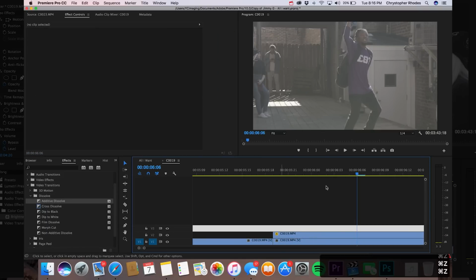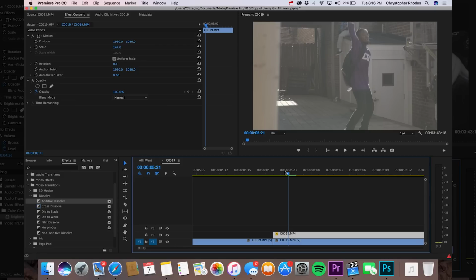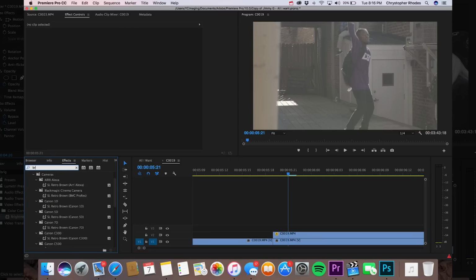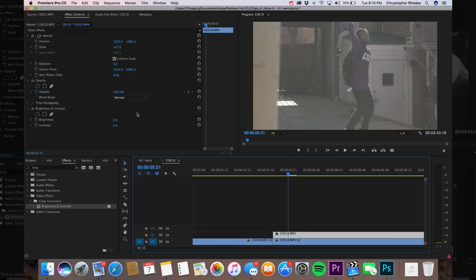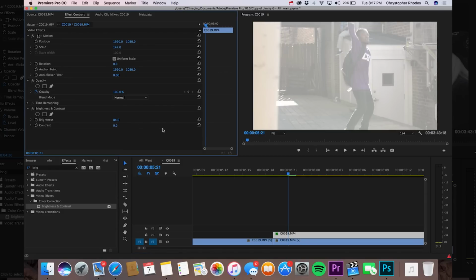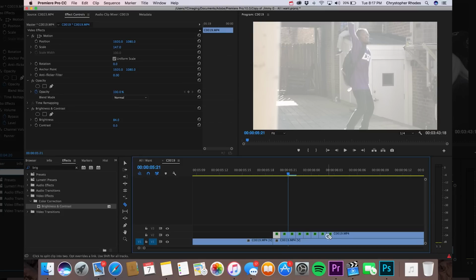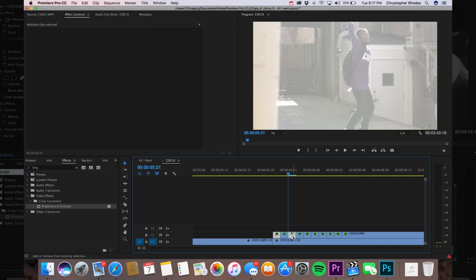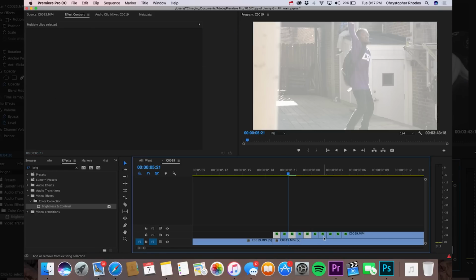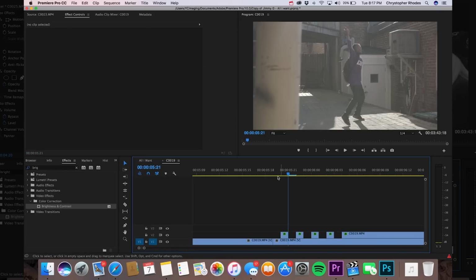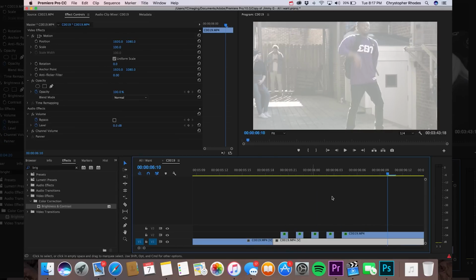We can also do, what else can we do? We can do a bunch of different things. You can do the scale and the rotation, which is gonna give this in and out and a different angle on that. You can do, let's just do a flash one. Let's just go to brightness. We're gonna drop the brightness and contrast on this, and we're gonna up the brightness just a little bit on this one. So every other time when it comes in and out, it's gonna flash. Just cut this out real quick to see how this is gonna look. So you can do the flash one, which is dope as well. I've done the flash one a few times, which looks pretty dope. As I said, this is just a few different things to do to it, just to spice it up a little bit.